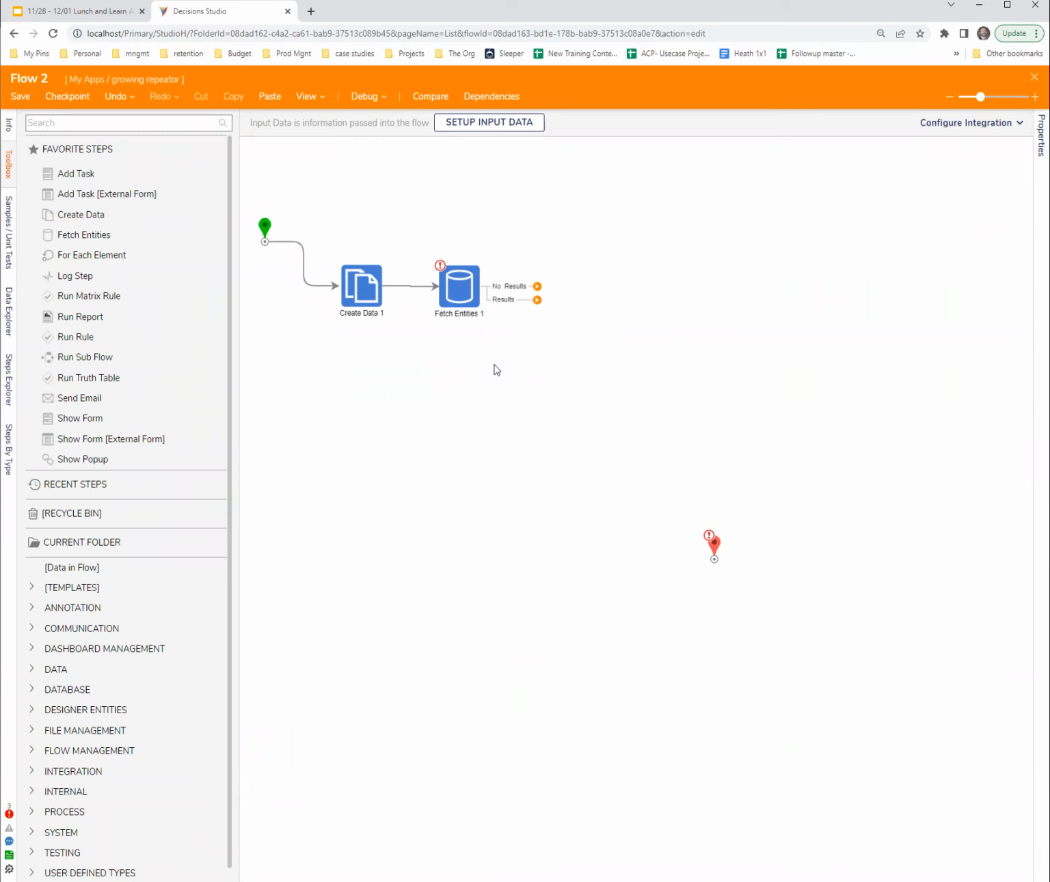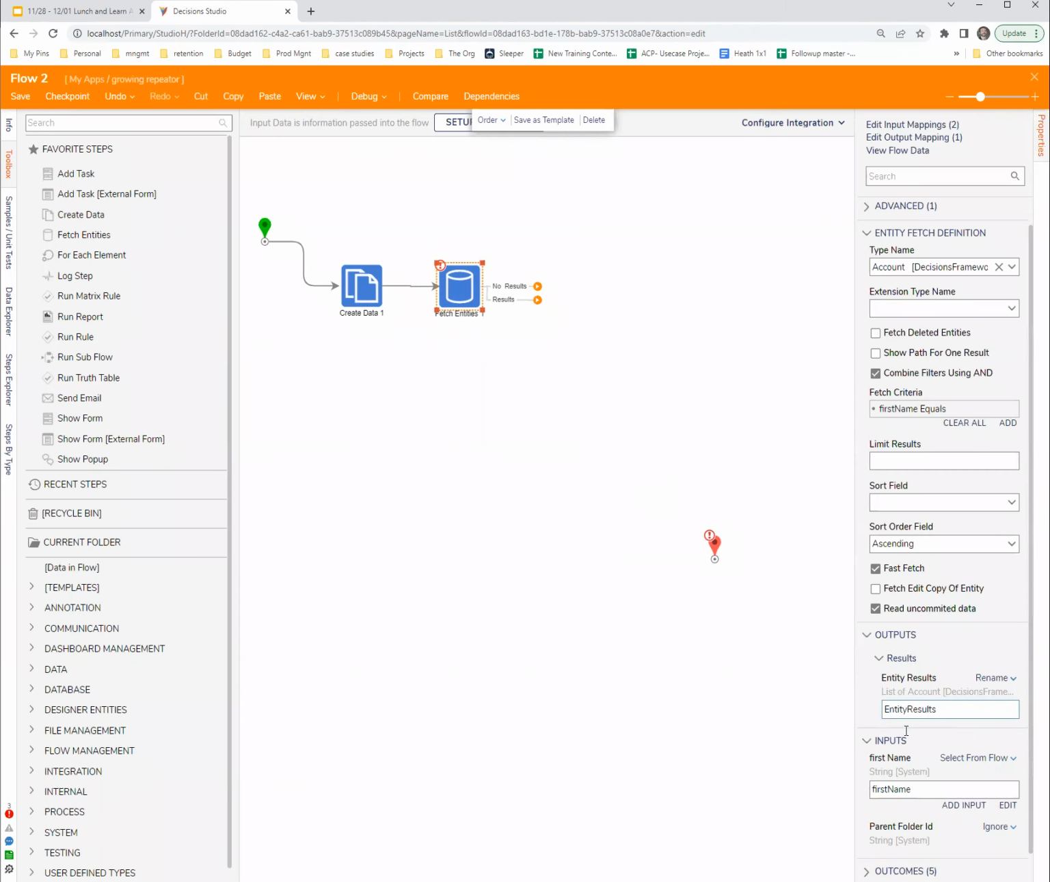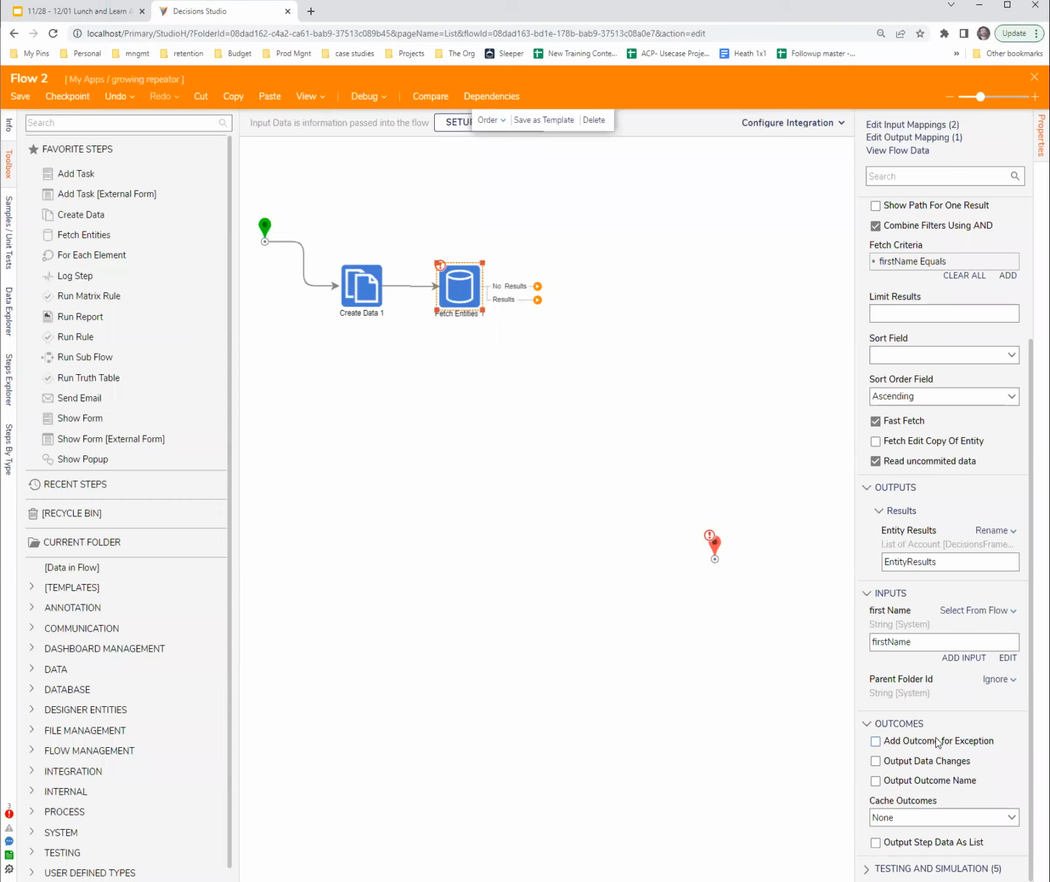Yeah, and you absolutely can do that. There's a brute force way and maybe more clever ways, but you can definitely do it, because you have a step like fetch entities, or even other steps that have output for no data return. Sometimes under this outcome you'll have